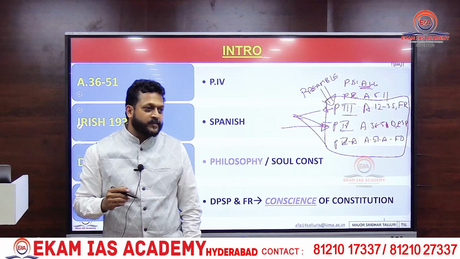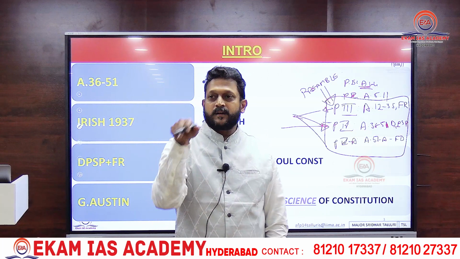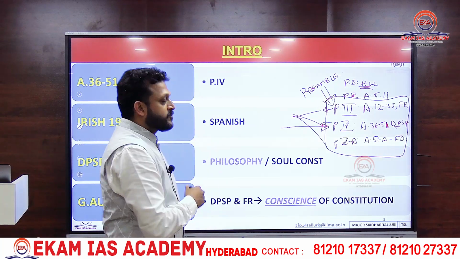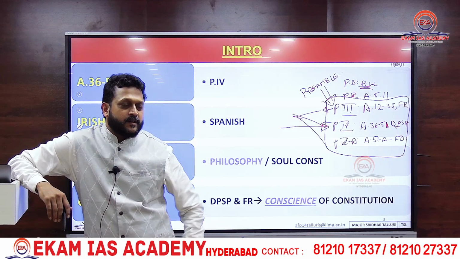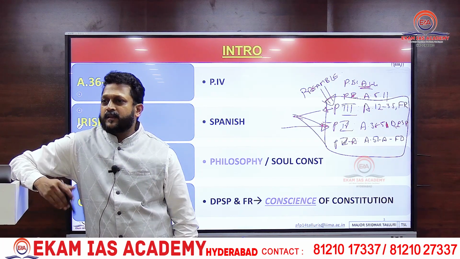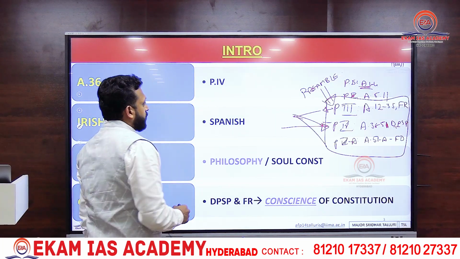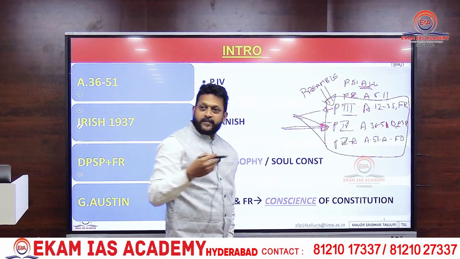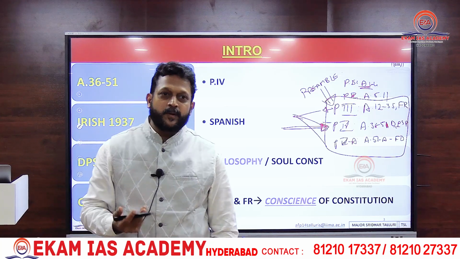What is the purpose of the directive principles? Yesterday I showed you one master slide for the directive principles, Articles 36 to 51. What purpose? For a welfare state, not a police state. Right to education, right to work, international peace and security, for the welfare of the people. So we have given so many like that, but that is a welfare state. What is the ultimate political objective? Welfare of the people only.